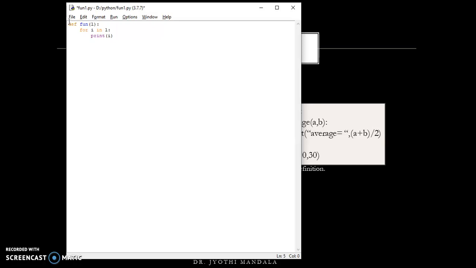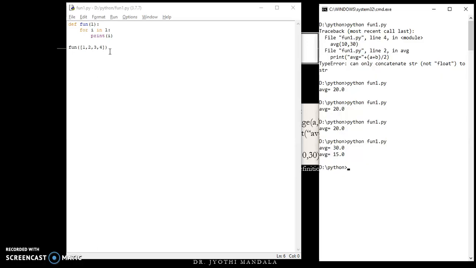Now I am calling this function and passing the arguments as a list. Observe here what I am doing. I am passing my arguments as a list. Hope you are all getting it. Now just run this program. I am passing the function argument as a list, so L will be the list and all the list values will be displayed. If you check here, all the list values are displayed.